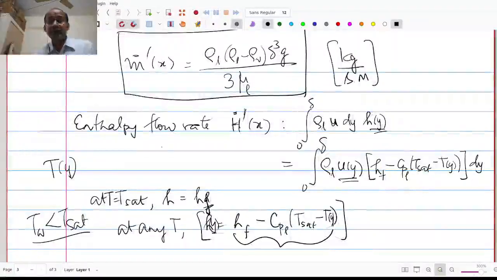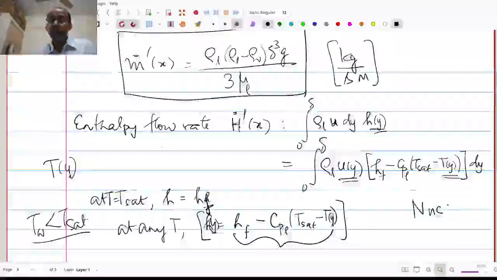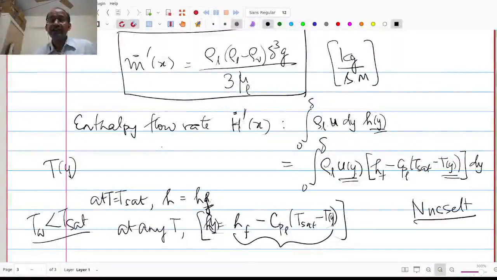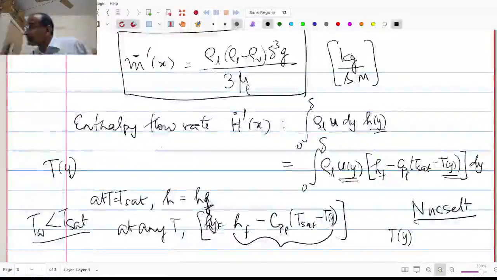Now I have an expression for u of y already available to me, and I need to make an assumption for T of y, just as I do in the integral method. So Nusselt, who did the first analysis of this, made a very simple assumption, saying that in the liquid film the temperature profile is linear. So T at any y is actually,